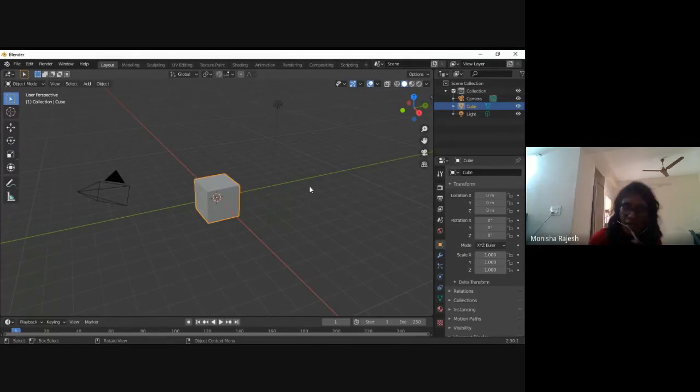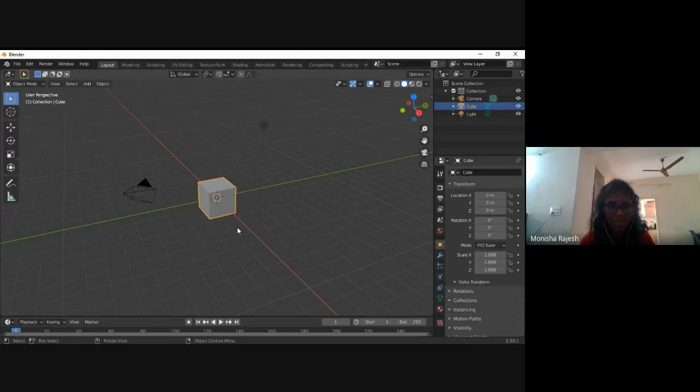And once Blender starts up, you'll be presented with a cube. This is the starting object that it presents you with. And you'll have multiple controls. Now, your basic work is going to be happening in this total area, that is the 3D viewport. And everything else is basically operations that you're going to be using to perform something on this particular object that's going to be there.